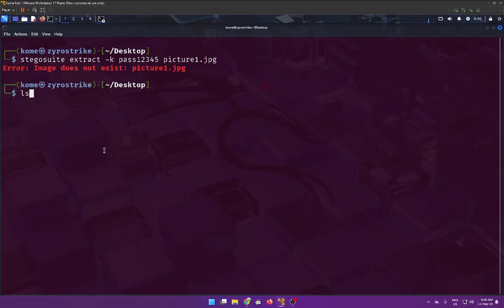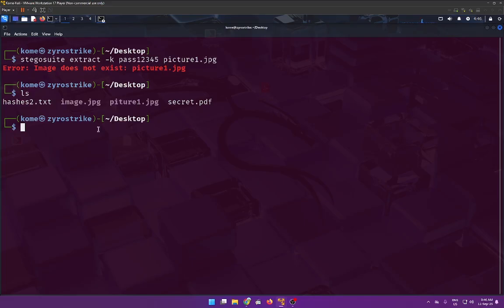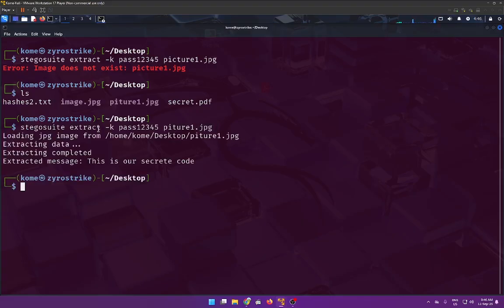Interestingly, so let me list again. How did I name that file? I named it picture, not picture1. Sorry about that, that was my bad. So let's just give it picture, hit enter, and you see that it is extracting data, and this is the message that we embedded into that